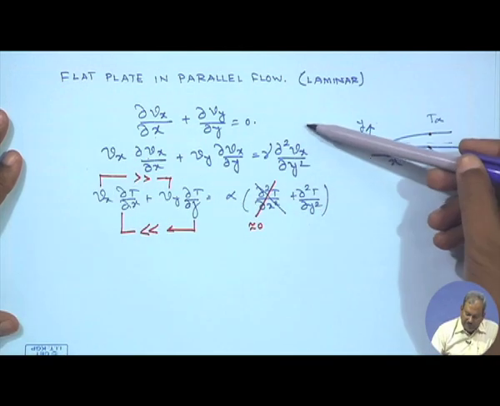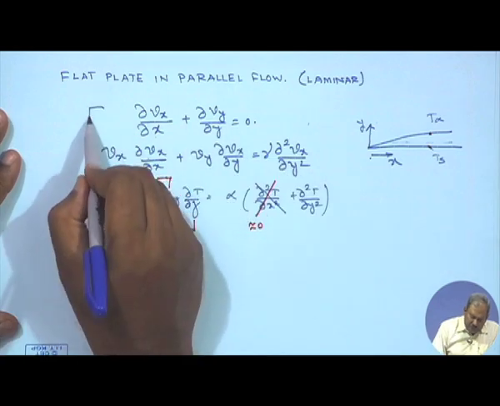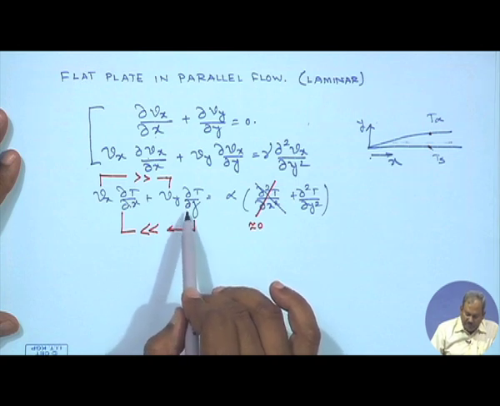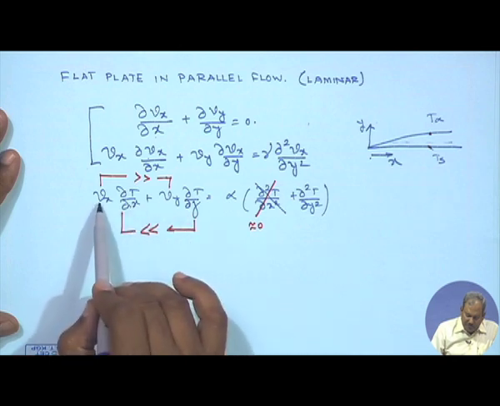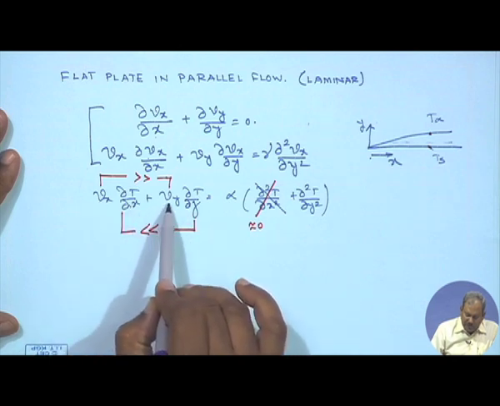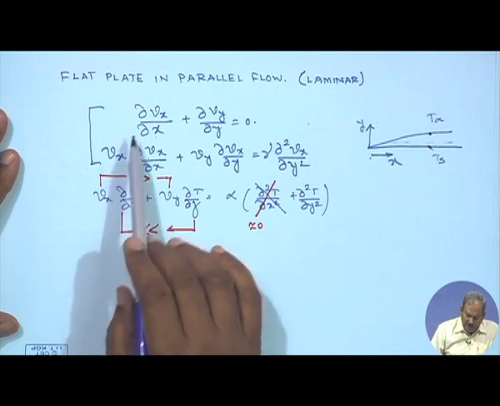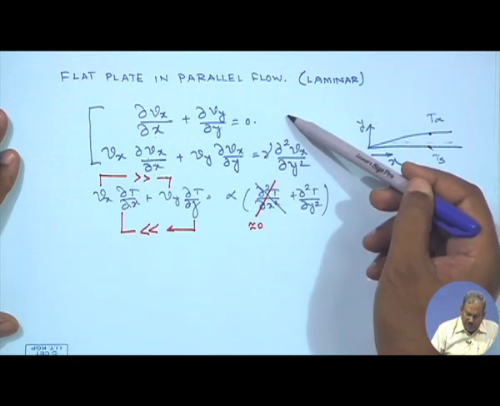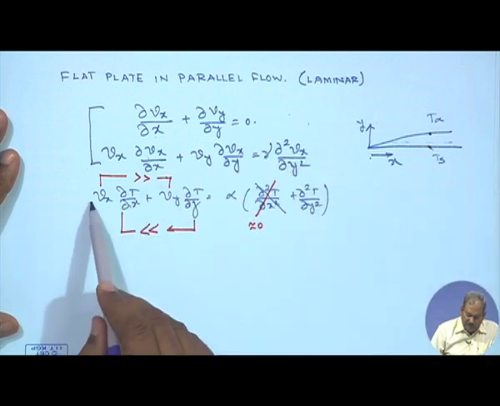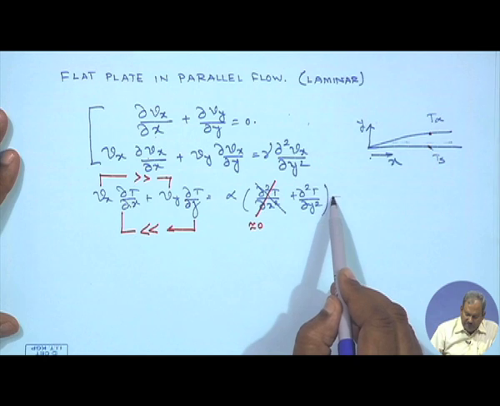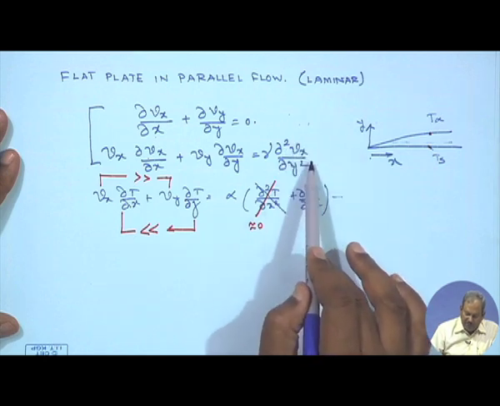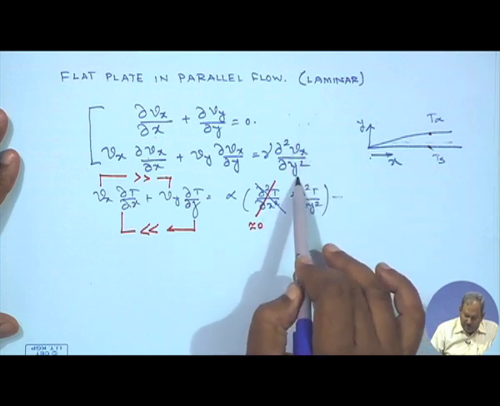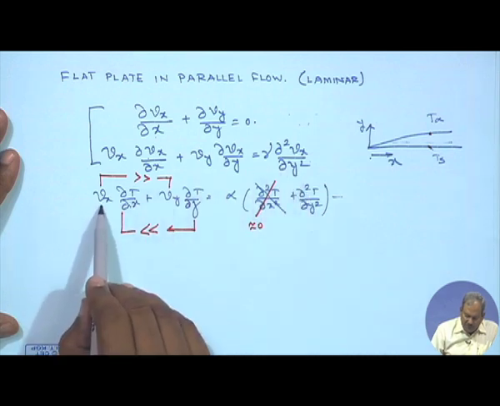And if you look at these three equations, the first two equations are uncoupled from the third equation, but the third equation is coupled because it contains Vx, Vy, etc. in it. However, these two equations do not contain any temperature term. So, the first two equations are uncoupled from the third equation, but the third equation, the energy equation, is coupled to this.